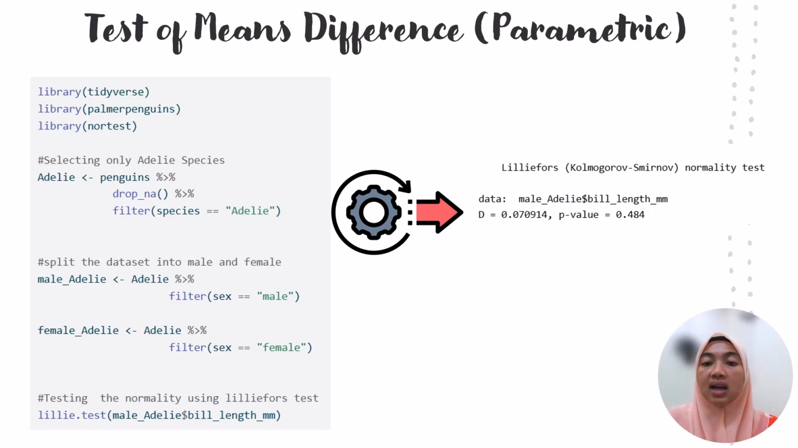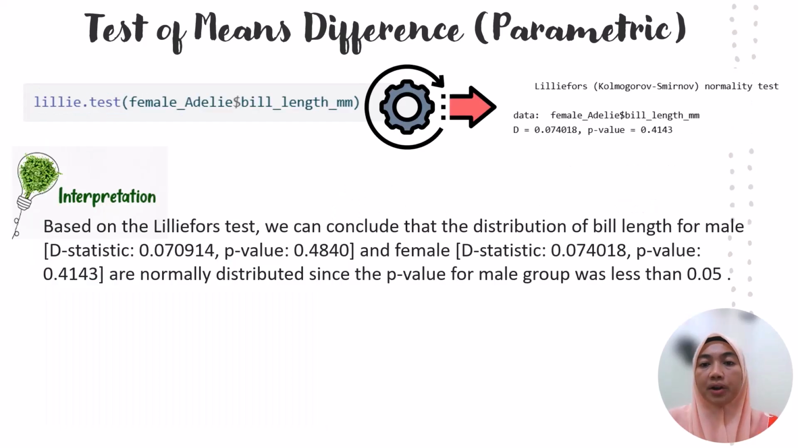You can see the output or the result for the normality. Based on the output of the Kolmogorov normality test, we can interpret our result, whether it is normal or not. Based on the Lilliefors test, we can conclude that the distribution of bill length for female